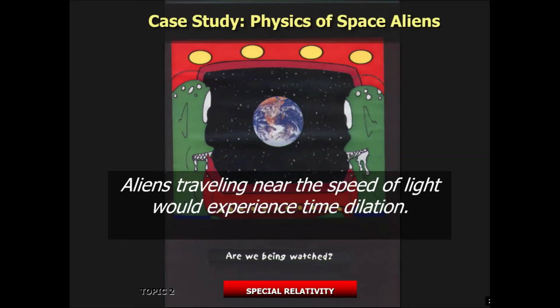All right, so think back, guys. What happens to your time when you start to approach the light speed? It slows down, right? What happens to the time when you reach the light speed? It stops. So if we had the technology to travel at the light speed to a planet which is located 800 light years away, how long would it take for you to get there? Depends on who you ask. It would take no time at all, right? You're on the ship. If you're here, you're there. It would take no time at all at the light speed.